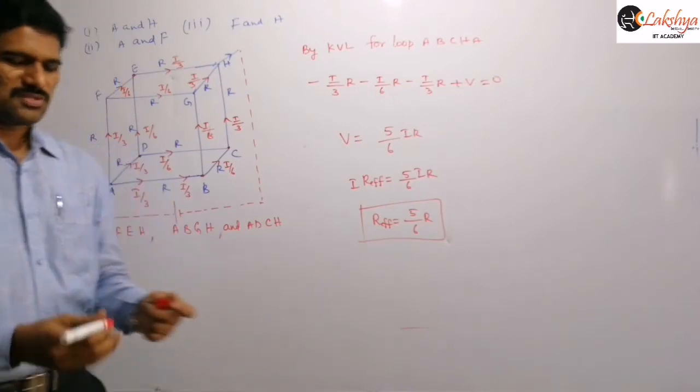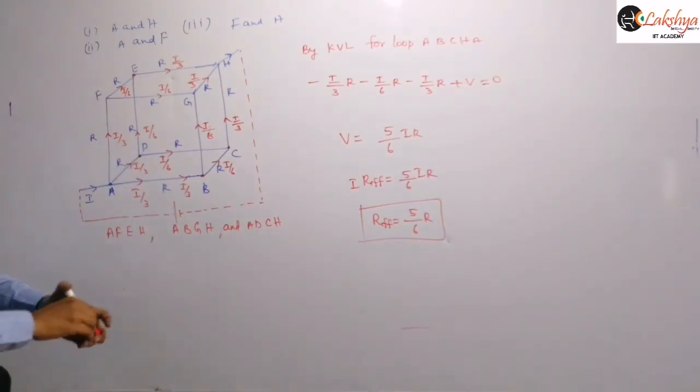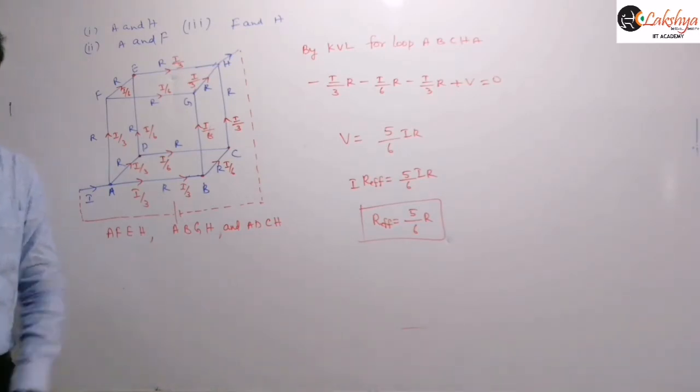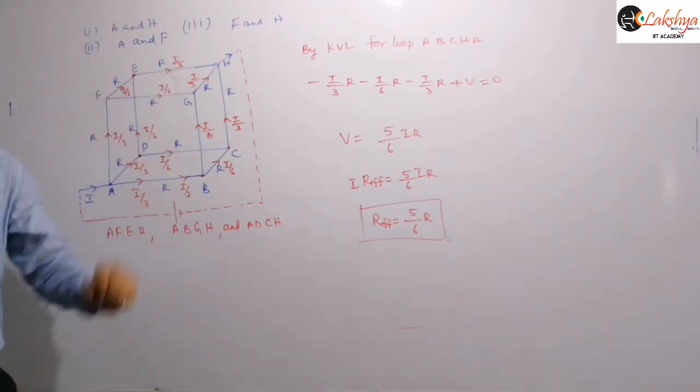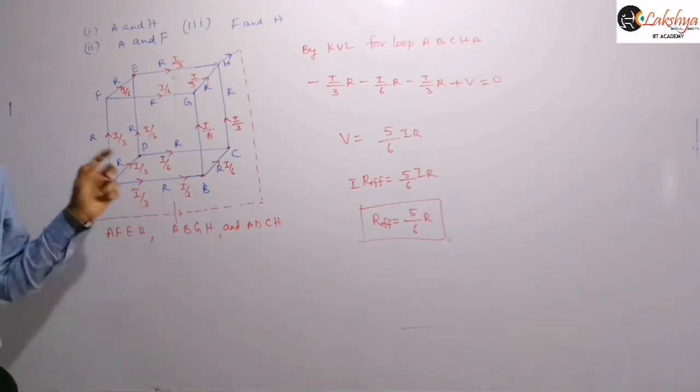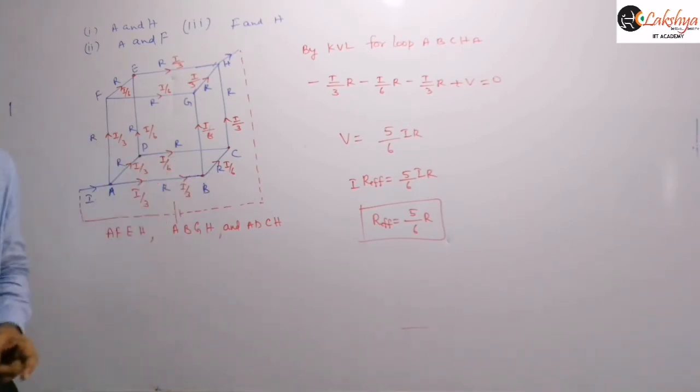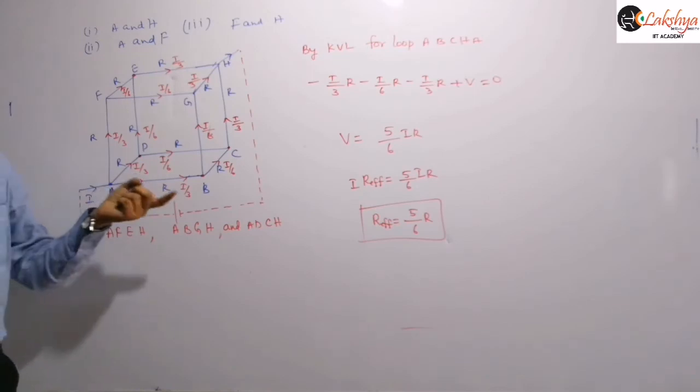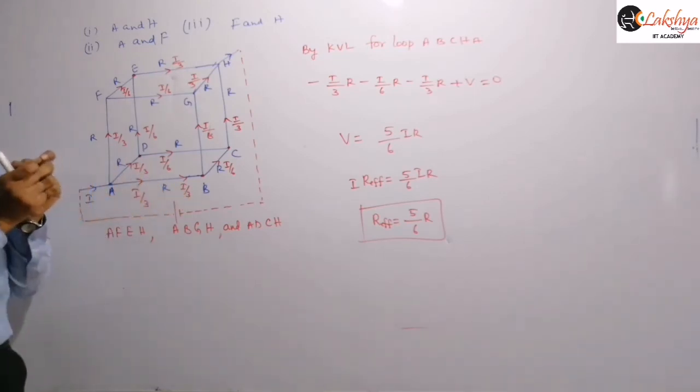So that means after taking this current distribution in this problem, if you apply Kirchhoff's law, we get it more easily. In the previous problems we joined the junctions, right? Here also you may join the junctions and try to solve that problem. Because it will be difficult, you should join those junctions carefully.